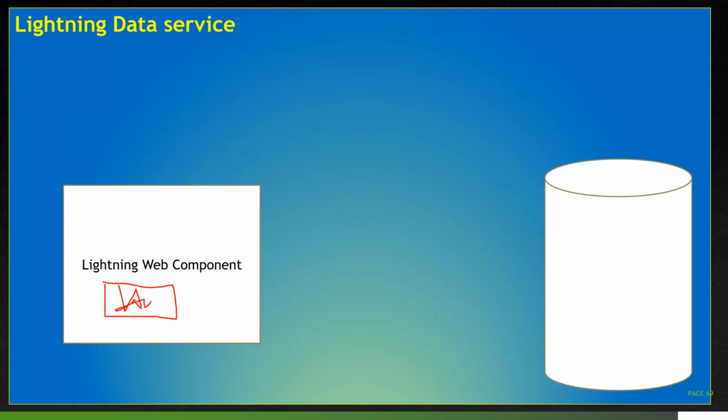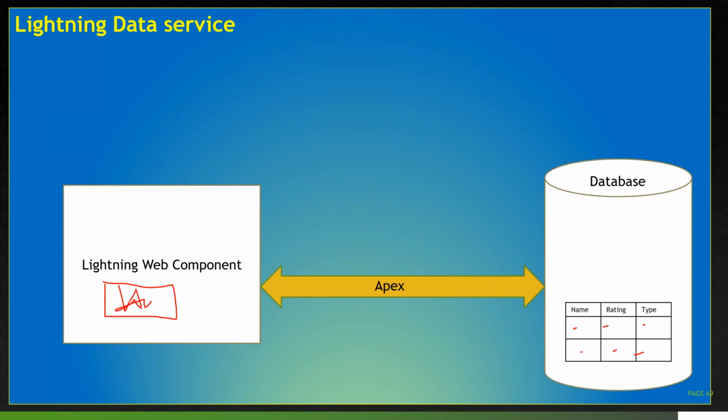Till now, what I understood is, if I have a database with some records in an object and I want to access them, I can simply invoke Apex, or invoke Apex imperatively. I can call my Apex methods, which I have seen in the previous session, and simply display the data here. In this pattern, I write my Apex class, my SOQL, or my DML operations to manipulate my data.